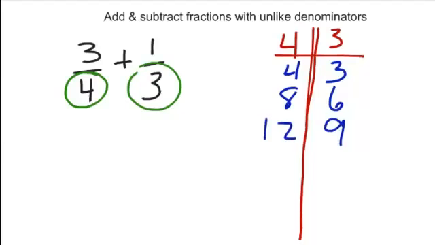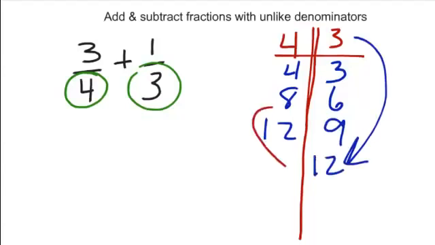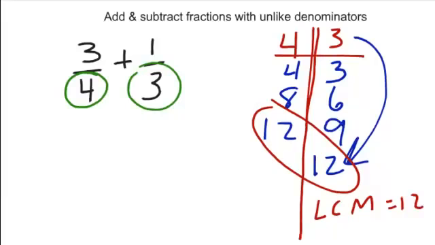We've passed the 9, so we're going to go ahead and jump over to that side. And the next multiple of 3 is going to be 3 times 4, which will give me 12. And here we have a common multiple. So that's going to be our LCM, which is going to equal 12. And also, because we're working with fractions, it's going to become our LCD, our least common denominator. What that means for us is that now we can use that 12 as our new denominator when we add